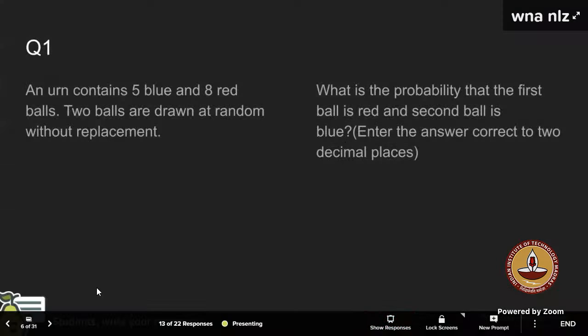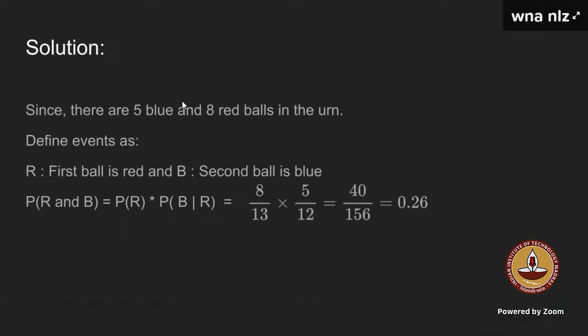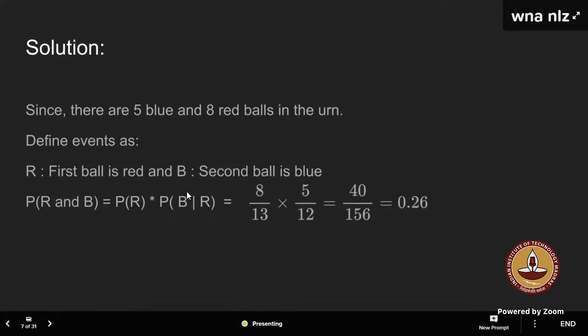So basically what we'll be doing for this question, let me move to the solution. As we are saying, the first ball has to be a red one, and the second ball has to be a blue one. So what do you think, are these events independent or dependent? Let's say the event of picking up the first ball as red be the event R, and picking up the second ball as blue be the event B. So we are trying to find R intersection B, right? When we say that the first ball and the second ball have to be red and blue respectively, do you think it's an independent event or a dependent event?